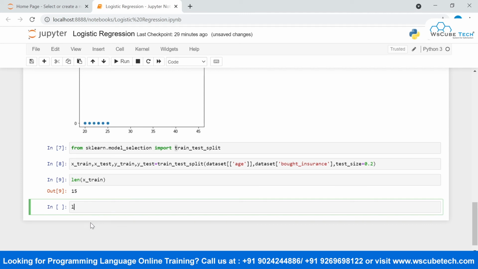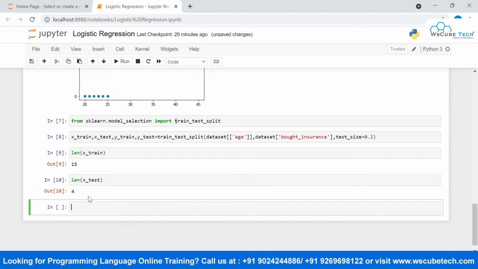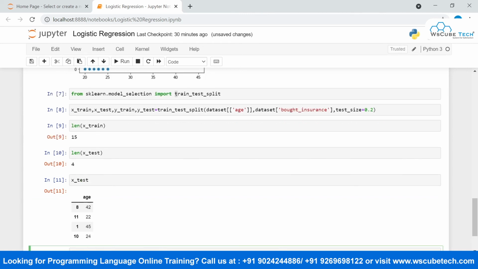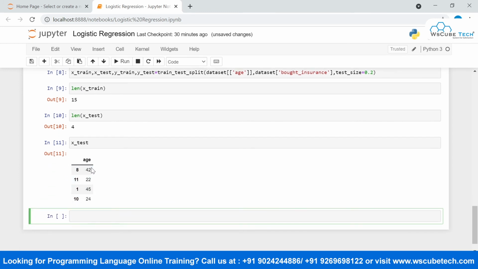And let's see the length of the test data. These are 4 rows, which we will use to test our model. And if you want, you can have a view of this as well. See, these are the 4 rows which would be used in order to test our model.